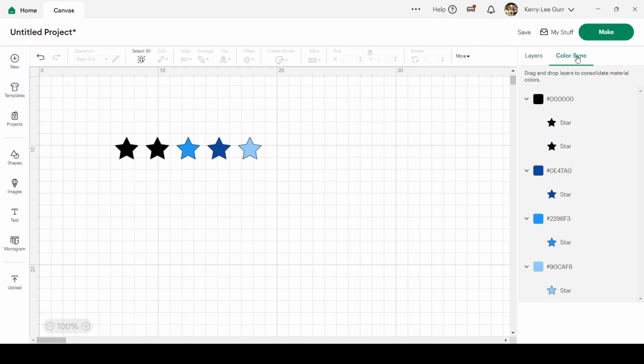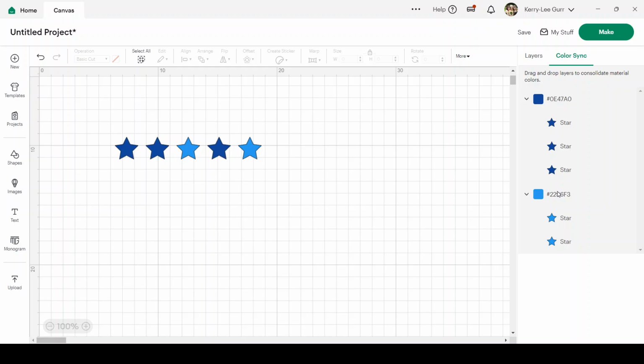So you can use color sync. And you can then drop items under the color that you want. So perhaps I want 3 stars to be this dark blue and 2 stars to be this medium blue. You can do that. And the color sync just helps you to get everything more aligned, so that you don't have 50 shades of blue when you get to your design,